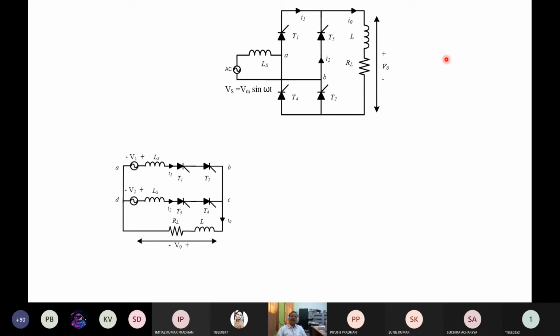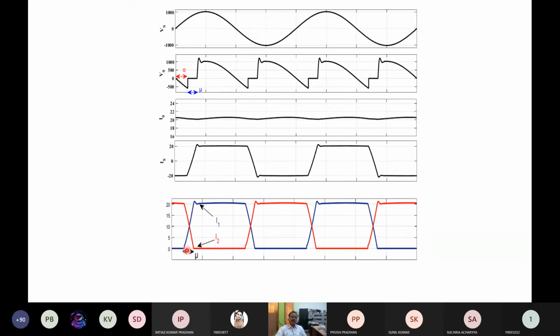If it is a resistive load, resistive source, then only voltage drop will be there. There will be no delay. This overlap will not be there. Okay. So during this overlap, you can see in one, the outgoing thyristor, the current is decreasing gradually, and in the other pair, the current is increasing gradually. These two rates are same.